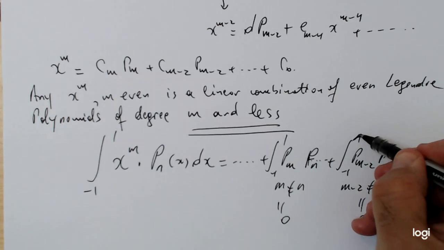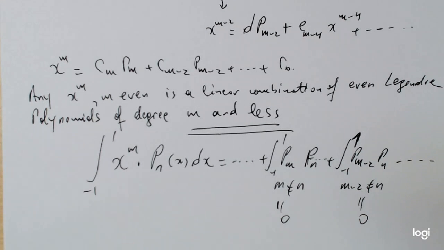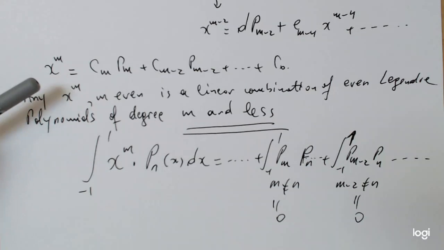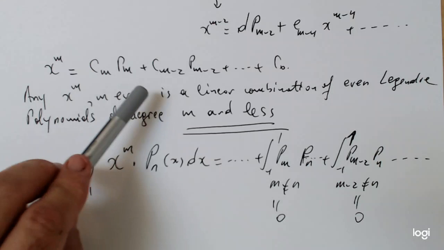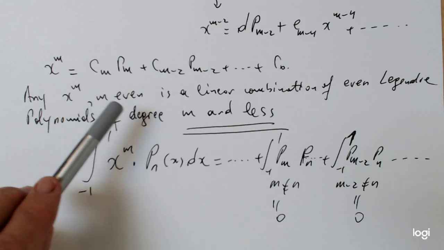So it's actually a bit messy because of these renotations of the constants, but that is the main idea of the problem. See if you can actually organize the solution one way or another in a clear way, and if that doesn't make sense, let me know during the office hours. But again, the bottom line is that any power of x, because you can, by the way, repeat the argument for m odd, same idea, right? So any power of x, let's say x to the m, can be written by a combination of Legendre polynomials